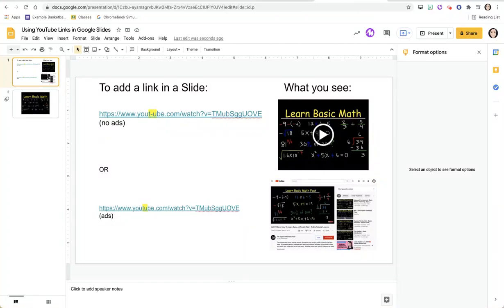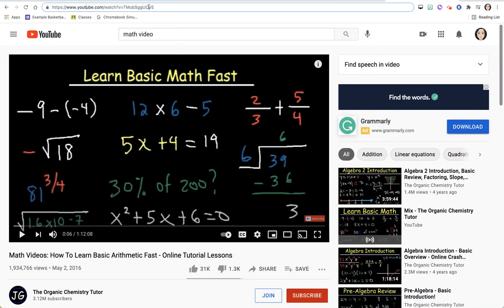Today I'm going to show you two ways that you can have a YouTube video linked inside of your Google Slides. So the first way is simply to add a hyperlink. And this just means that you're going to go into YouTube, find the video that you want to share, and then at the top, on top of the video is the URL. You're simply going to copy that link,